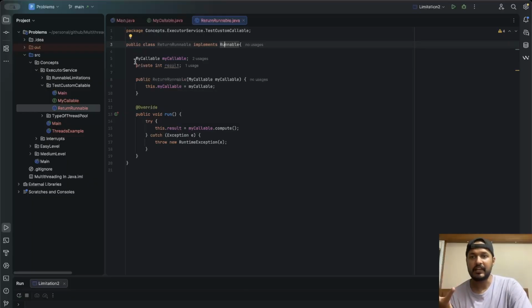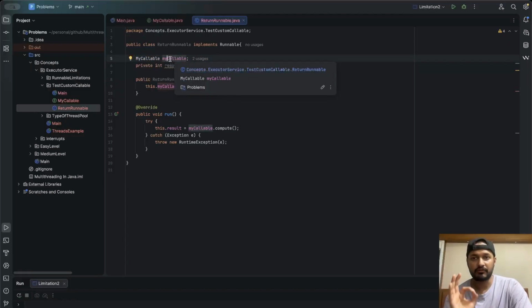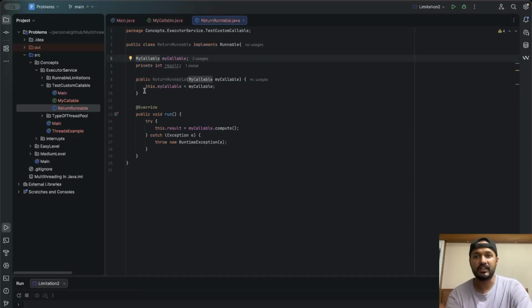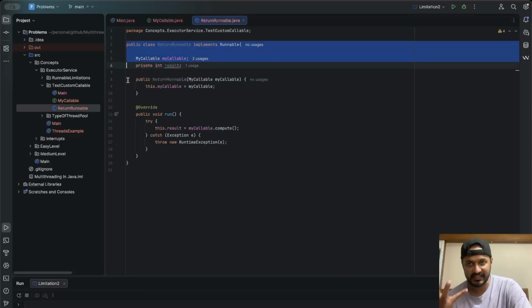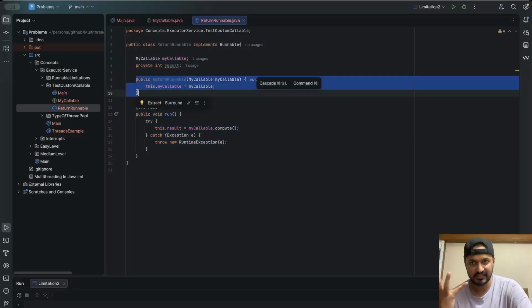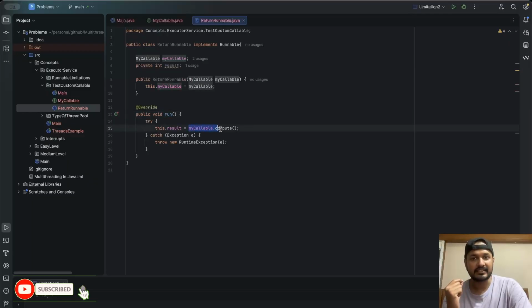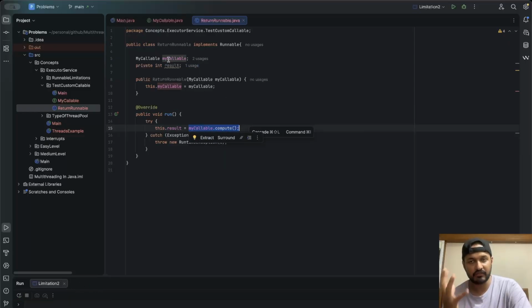Then we have made use of the MyCallable interface that we just created. The implementation of the compute method will be provided when we create an instance of this class using this constructor. So the run method will execute the compute method of MyCallable, and whatever integer result MyCallable returns, we have assigned it to this.result.